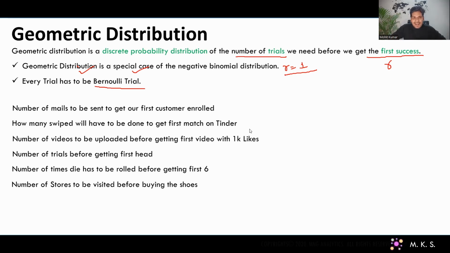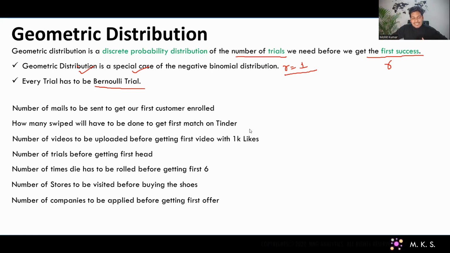That's a negative side of me. But definitely, guys, this particular random variable will follow the geometric distribution. It can be 1, it can be 2, it can be 3 stores, it can be 4 stores before I purchase the shoe, right? Number of companies I will need to apply to before I get the first offer.